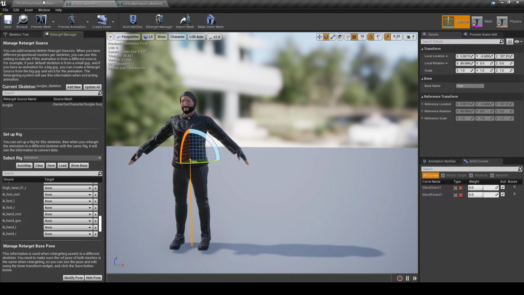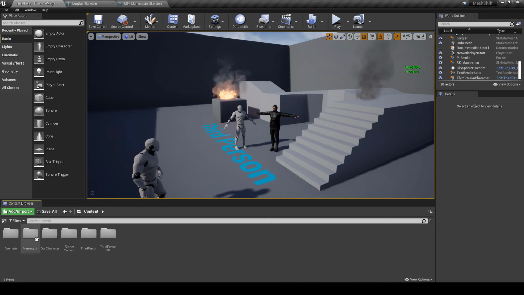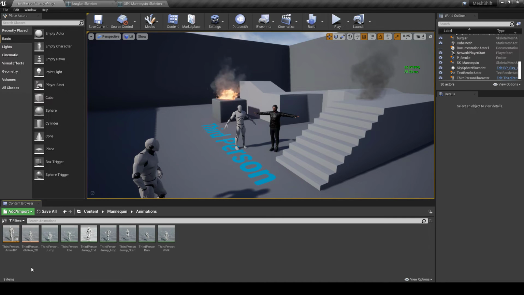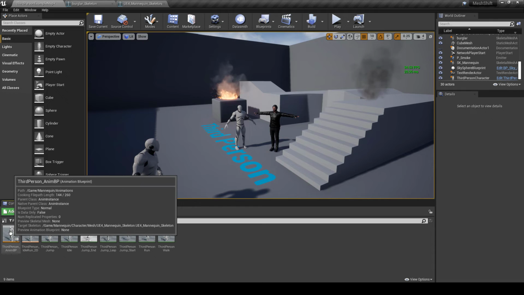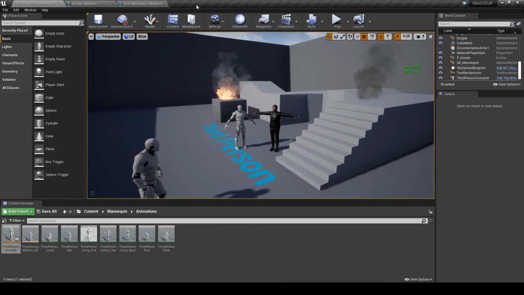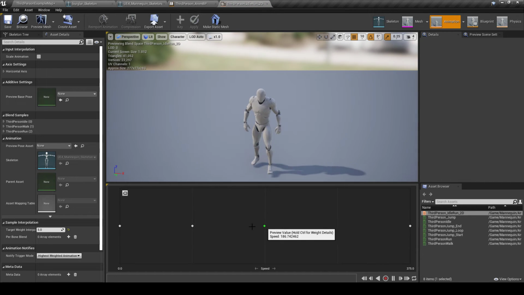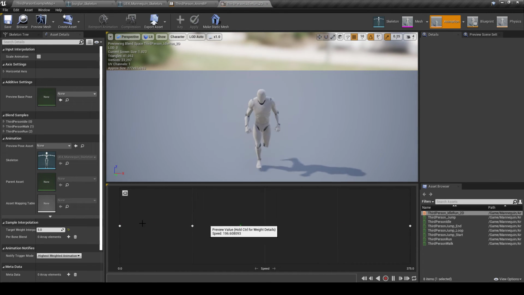Now let's see if we face any issue. Now we need to set up our animations. So let's go to Mannequin, Animations, and these are the animations that are set on this. Let's place it right here. Go to Animations, on this humanoid mannequin, and we need this exact same thing